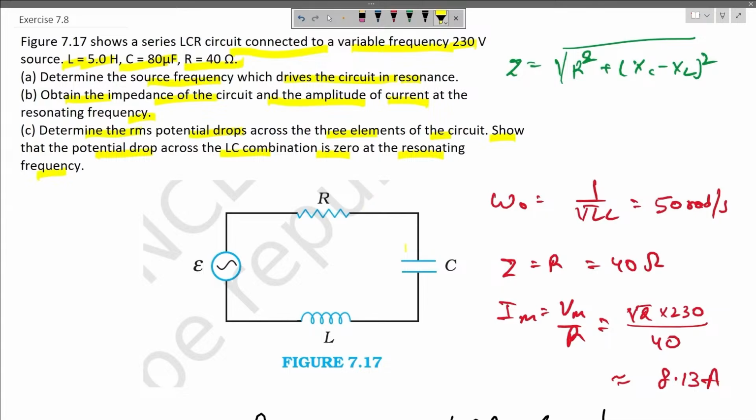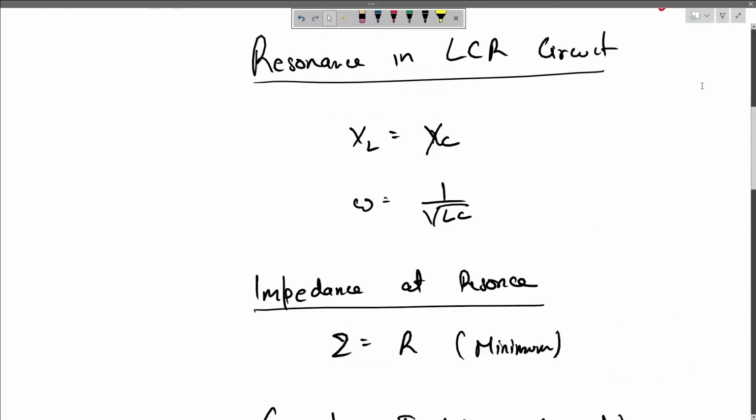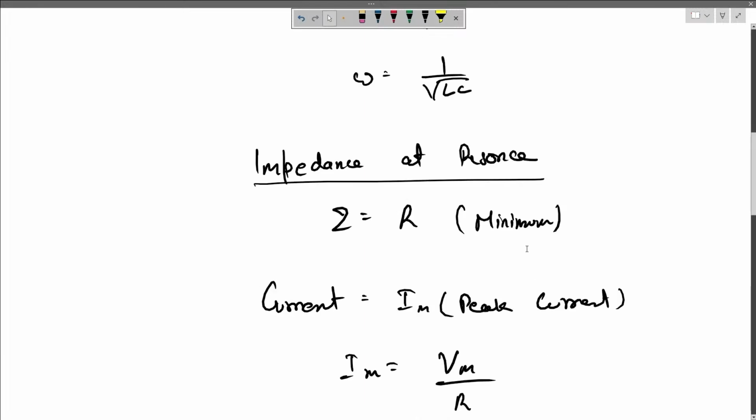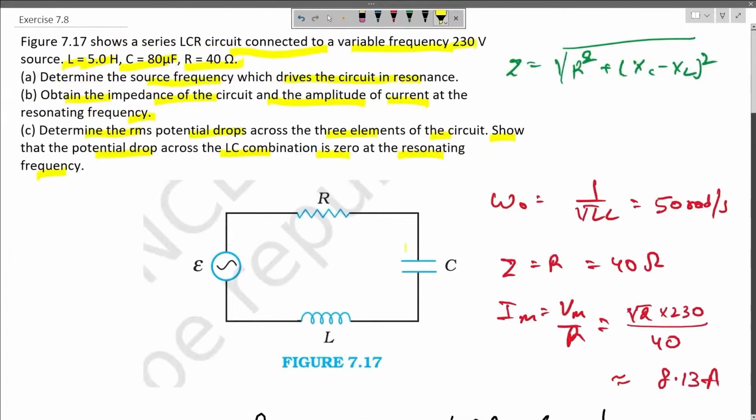So that is the main condition of resonance. And at resonance, the inductive reactance is equal to the capacitive reactance, and upon rearrangement for omega, the angular frequency, we will get omega equals 1 by under root of the inductance multiplied by capacitance. And at resonance, the impedance is equal to R, because we know the formula for impedance is under root R